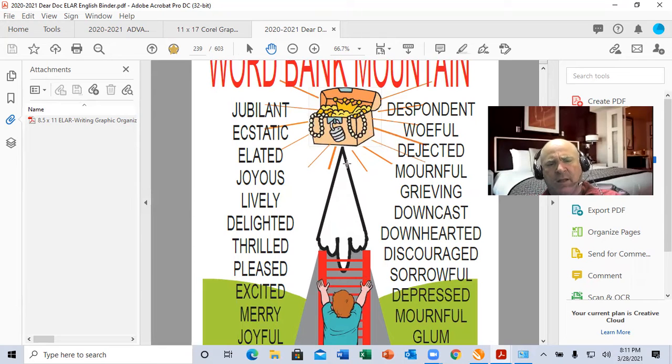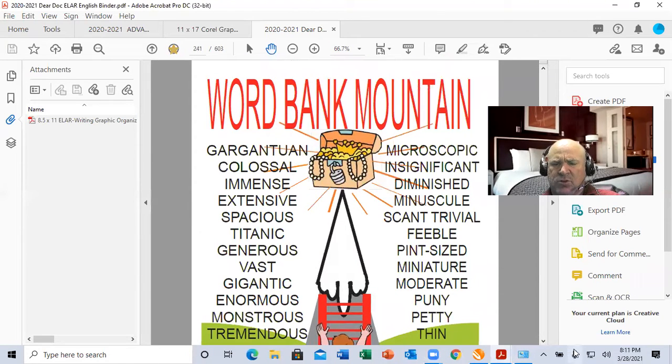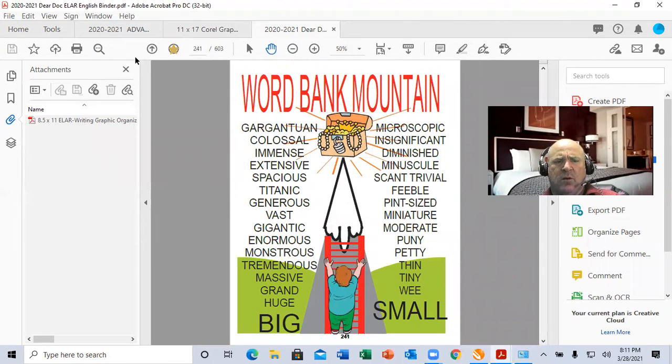And these would make great little mini posters on your wall, or if you made copies of them in color, the kids could have them in their writing folders if you have something like that. Let me show you just kind of a glimpse of some of the other ones. Let me show you the bottom of the word so you can see what we're building from.